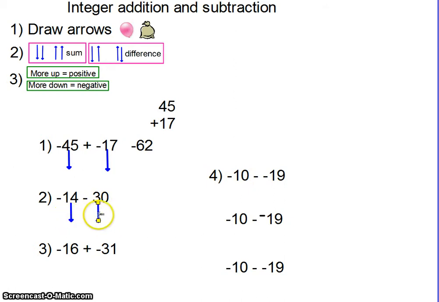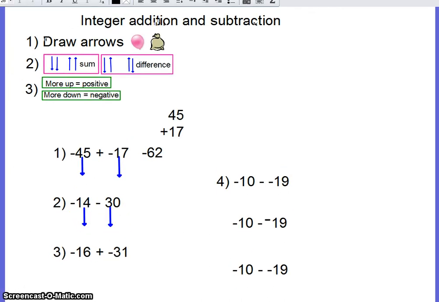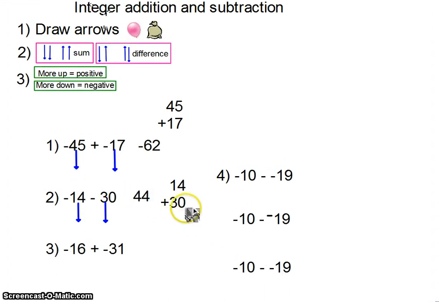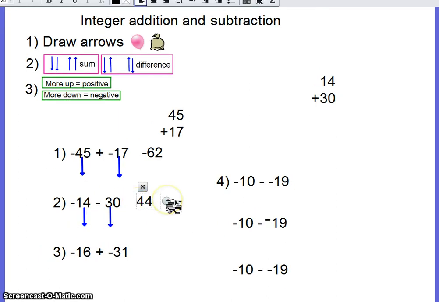Okay, so I got 2 downs. Looks like it's going to be a sum again. So I take 14, I add it to 30, which gives me 44. All right, so there's 44, and I've got 14 down and 30 down, so definitely more downs. It's going to be a -44. Okay,